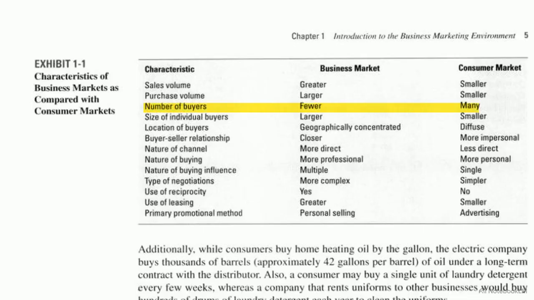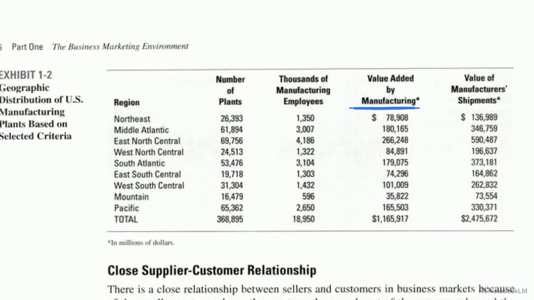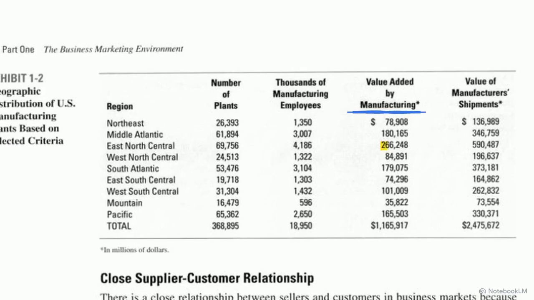The B2B market consists of far fewer buyers than the consumer market, but those individual buyers purchase in significantly larger quantities. A single contract for industrial tires can represent hundreds of thousands of units. These buyers are also geographically concentrated. While retail consumers are found everywhere, over half of U.S. business buying power is located in just 7 states, centered around specific manufacturing hubs.